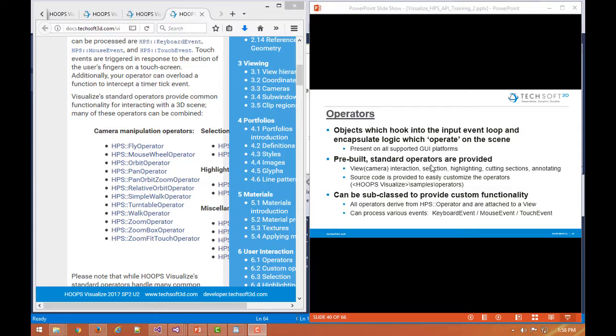In this section, we'll talk about operators. Operators are classes which hook into the event loop and respond to various events based on how the operator has been constructed. The intention of an operator is to operate on the scene or take some type of action. For example, if we have a way of orbiting with the scene, that's supported by a camera orbit operator